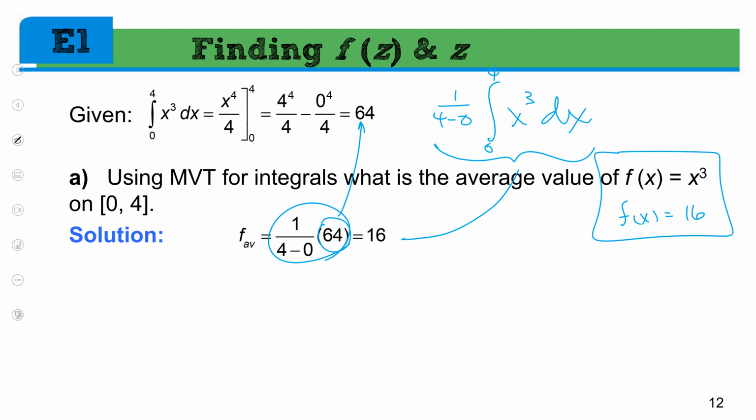If you just zero in on the area from 0 to 4, look at the area above 16. So it's bounded by y equals 16 and the function x cubed and the line x equals 4. You got a little triangle shaped thing there. And then look at the area below 16. That would be bounded by y equals 16, the function, and the y-axis, I think. See that, right? Yeah. They may not look like it, but those two areas have to be the same, because again, it's an average value.